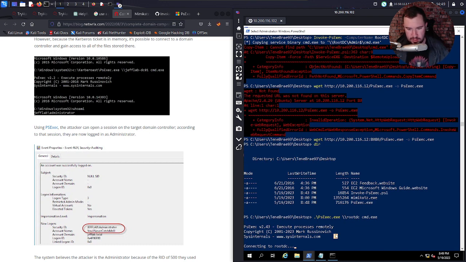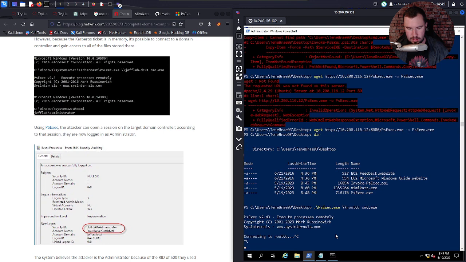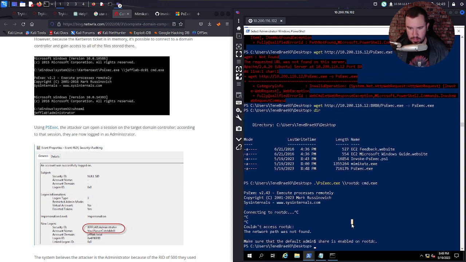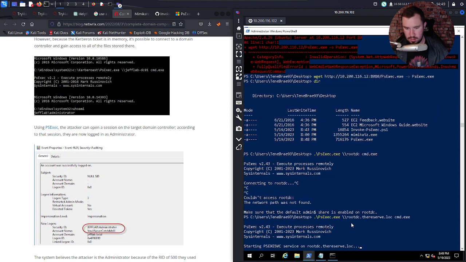I think I do, that's why it's not working. I'm just going to stop it. Maybe. Let's do root DC dot the reserve dot loc. Hope it works.